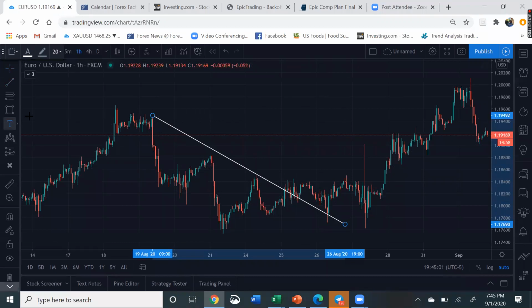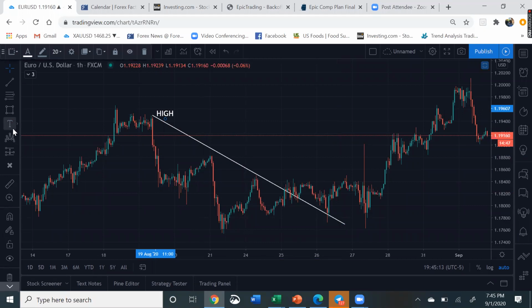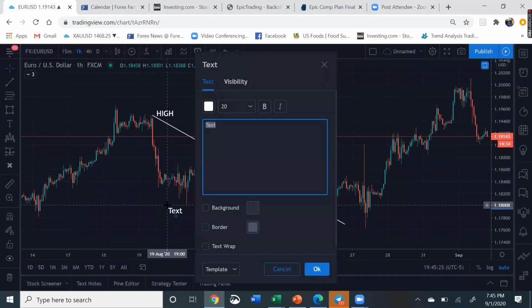And I want you to also label it. There's gonna be a T right here that lets you type, okay? So click on the T, type right here, and I want you to write high, right? And I want you to mark your low. Where is your low? You follow it all the way down until you see that the market goes back up. When you see that U shape, find the lowest point, which is right here. I want you to type the word low,